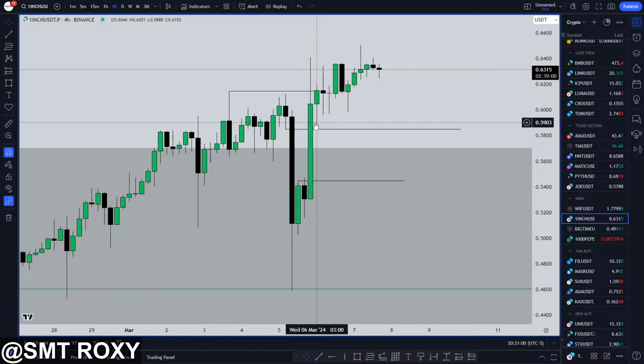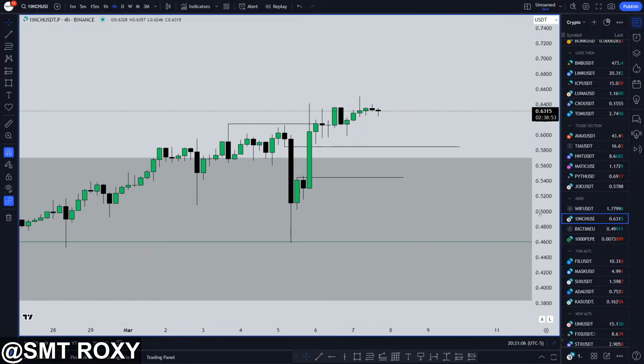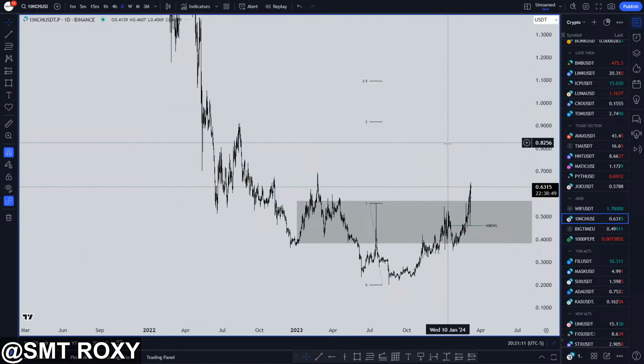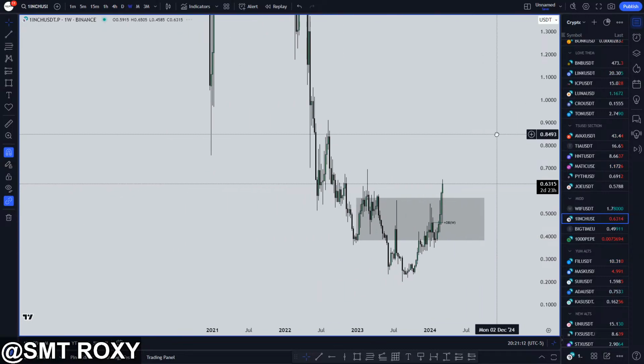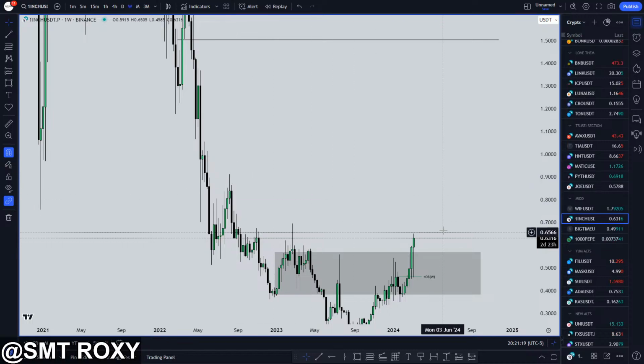1 inch looks so freaking good after we made this. And as soon as we made this inverse, we made a breaker here. I'm not gonna lie, I really wanted to get in. But again, I'm just not trading crypto yet. I just don't think I will. Look at that. Oh my goodness. It looks so juicy. I just see us going up at least to this buy side target.